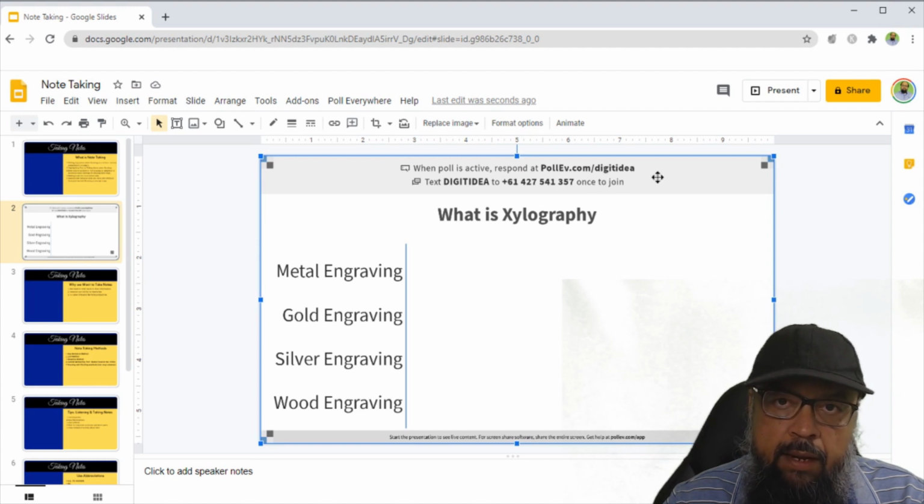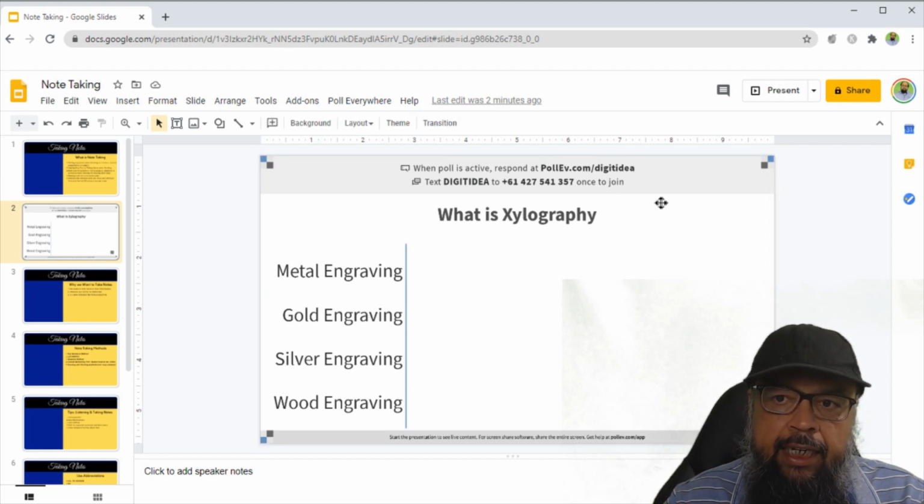pollev.com/digitidea, because I am on a free trial, so they have allowed me to get this address of my own choice. Otherwise they will give you some address here which will be a random address, and your students can type that address from their devices, from their smartphone or from their computer. They can type in the browser, and when they type this address they will reach that website where this poll will be happening. They can give themselves a screen name, any name they can choose, or if they don't choose they will be given a random name. So they don't have to have an account,